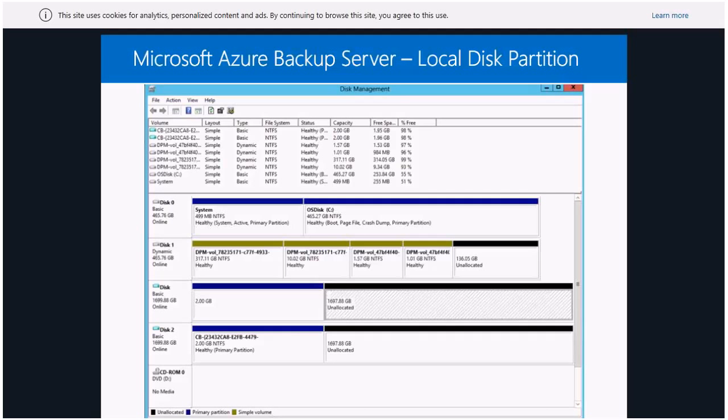As you can see here, I have a couple of disks. And the way it works is, for every backup group I'm creating, the backup tool creates a local partition or a local volume from there. Very simple. If you are getting 10 different backups from Exchange, from SQL Server, different servers, you will end up having at least 10 different volumes on your disk.